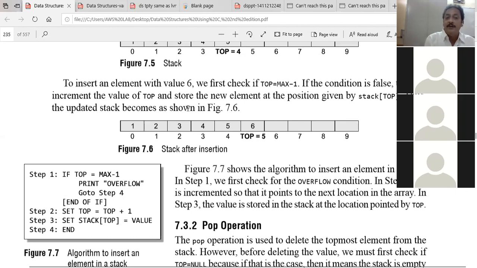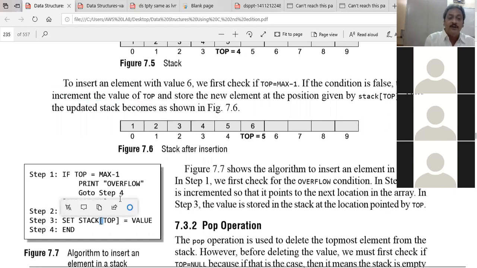So increment the top value by 1, that is the first step. Don't add the value first. The previous value of top is 4; now increment the top position by 1, that is 5. Now top becomes 5. Then add the value, that is 6 here. Is it clear? How to add an element?